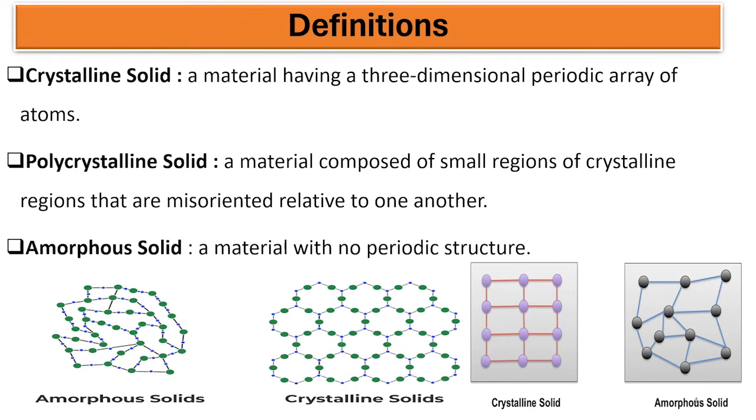We have various materials and their structure. As far as we are going to look at materials and how to apply them, it is very important we know the structure of the materials. So we have three of them, and first we are calling it the crystalline solid. When we talk about crystalline solids, we mean materials having a three-dimensional periodic array of atoms, or in simple terms, crystalline solids, we can have a 3D view of their